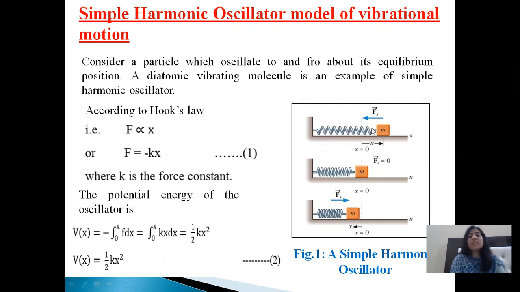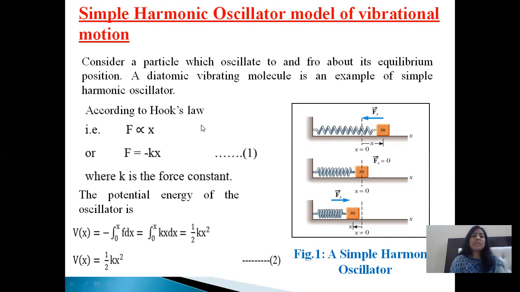When it goes inward, there takes place repulsion between the electrons of the atoms, and at that time a force is generated opposite to that displacement, which tries to move it back to its equilibrium position. In this way the molecule vibrates to and fro about its equilibrium position, but it doesn't stay at the equilibrium position due to moment of inertia. Similar is the case of compression.